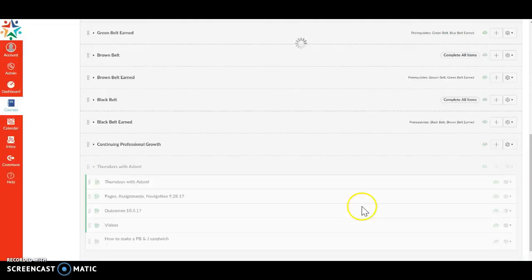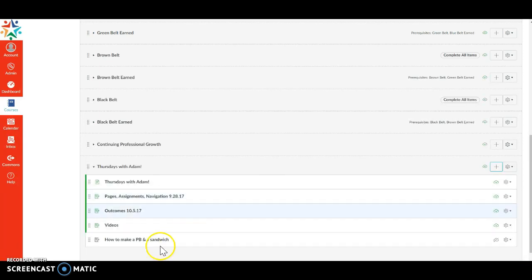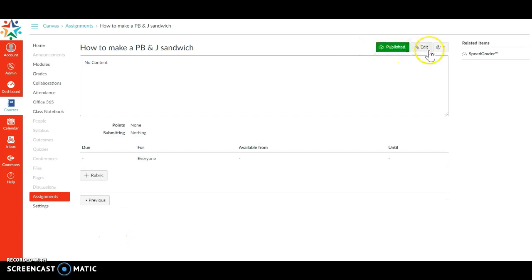Go ahead and add the item. Again, it's unpublished until I click the cloud and it turns green. I'm going to navigate to that page, click the edit button,